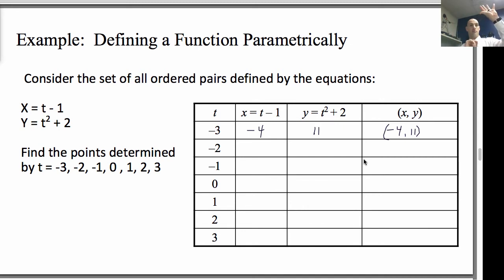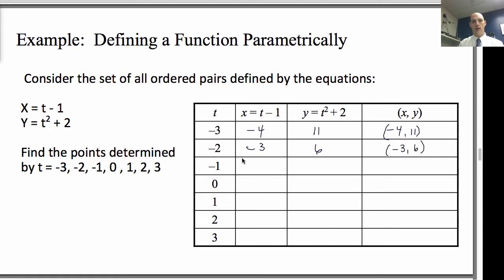So I defined sunscreen and ice cream by temperature, which actually made more sense because I'm looking at things that are related to temperature, not necessarily related to one another. Okay? So x is not necessarily -2 times 4 plus 3. They're both based on t. And so as I go down the list here and I square these things, this is going to be 6, and so my ordered pairs are